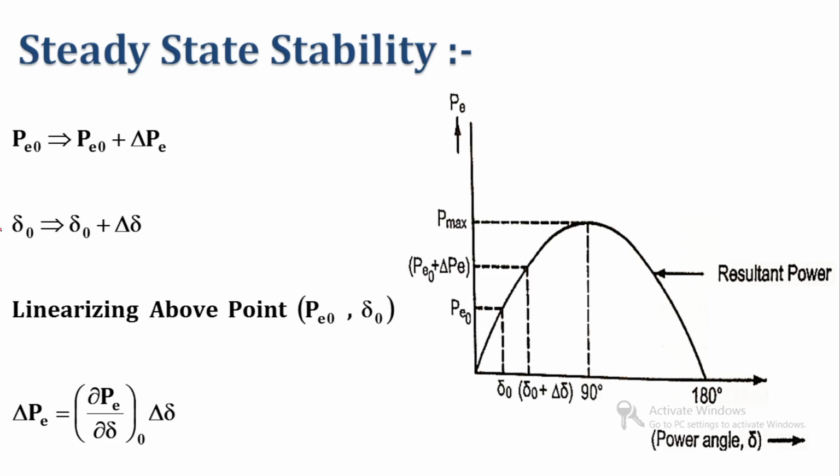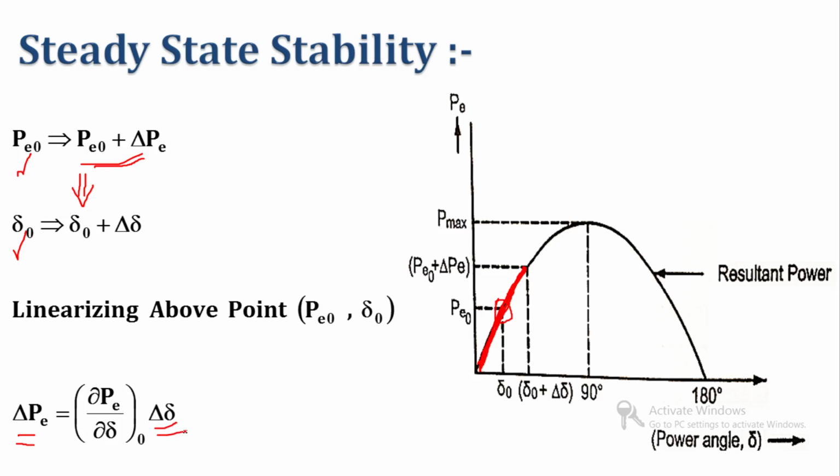So this is the initial power and initial angle. If the power changes from P0 to P0 plus delta P, due to that the angle will change from delta 0 to delta 0 plus delta delta. So let us make this curve a linear one, clear? So that we can get an easier mathematical equation. So let us linearize the point P0, delta 0. So I can write that a change in power